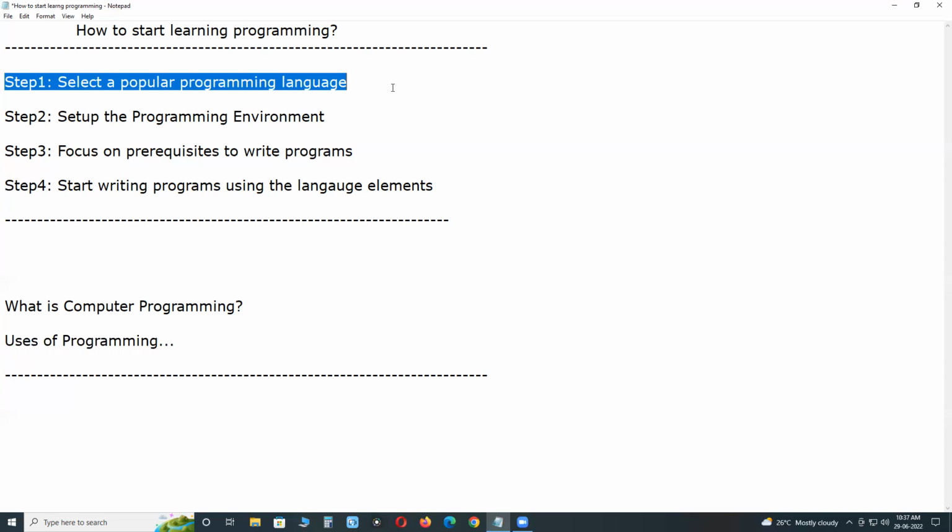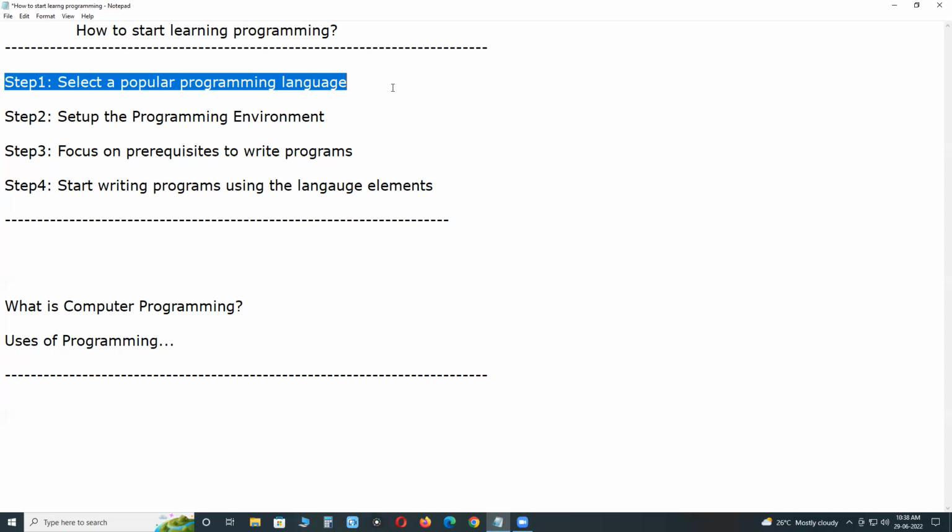Nowadays popular programming languages are C++, Java, Python, JavaScript, C#, etc. You choose Java or Python or JavaScript. Java or Python, these two are the top 2 or 3 languages.